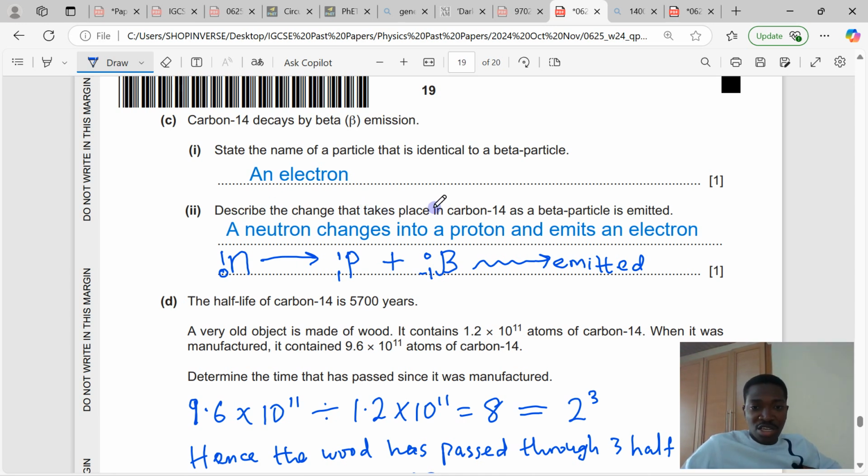Then describe the changes that take place in carbon-14 as a beta particle is emitted. For an electron to be emitted, 1 neutron has to change into a proton. A neutron changes into a proton and emits an electron. That's all. The D part of the question,